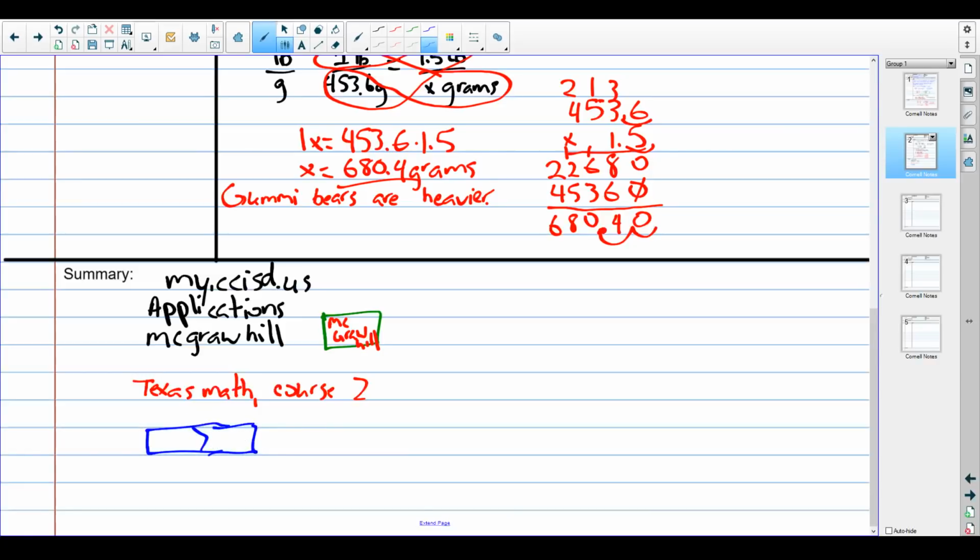You want to click it, and it's going to bring up a drop down menu. You're going to find Chapter 2, Lesson 7. And then off to the side, under a green box that says Resources,